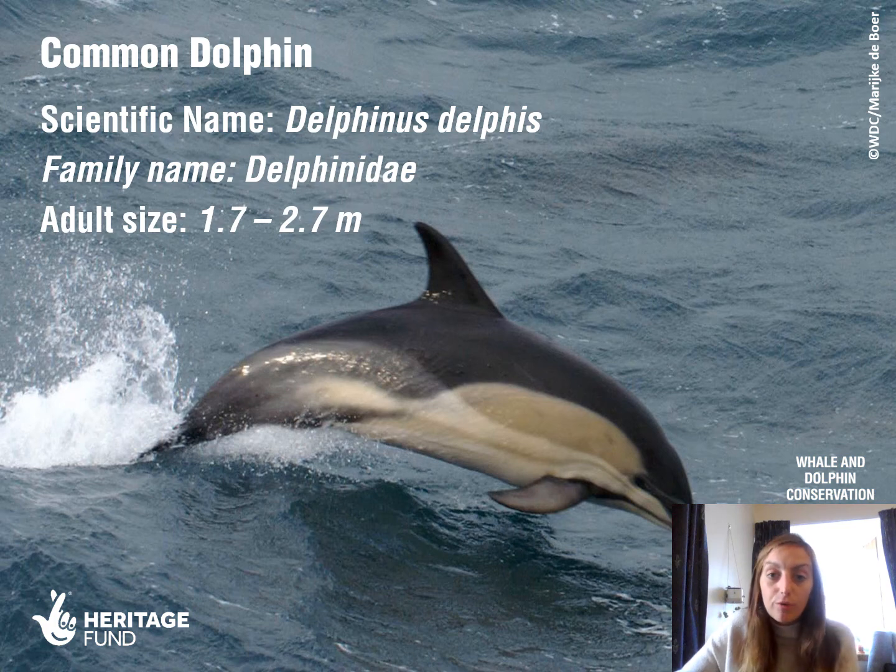Now this is a common dolphin. Common dolphins are seen a bit more commonly in the summer months, and they're also more common on the west coast and the Northern Isles because they do quite like deep water. They're much smaller than bottlenose dolphins and Risso's dolphins, only 2 to 2.5 metres long. I think Risso's and bottlenose can grow up to just under 4 metres,